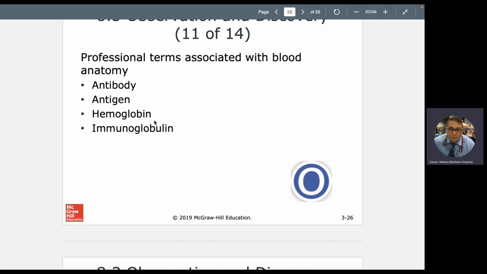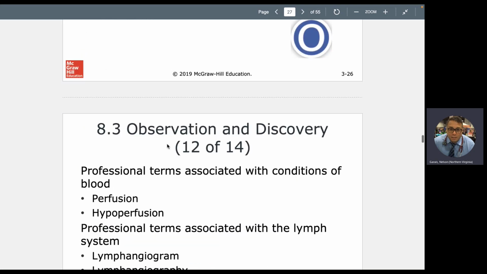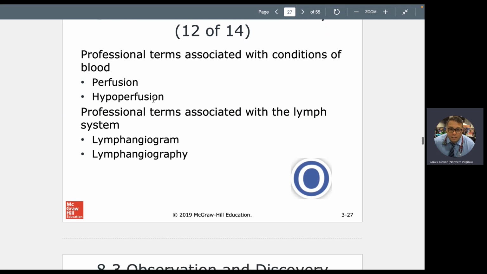Antibody versus antigen, remember, has to do with your immunity. The antigen is the thing, the glycoprotein code on cells that tells you if you're a good guy or a bad guy, or it can generate an immune response. Like, let's say for a pathogen, will generate what? A disease, and an antibody will take care of that disease. Hemoglobin we talked about, immunoglobulin we talked about, perfusion, hypoperfusion, reperfusion we talked about,